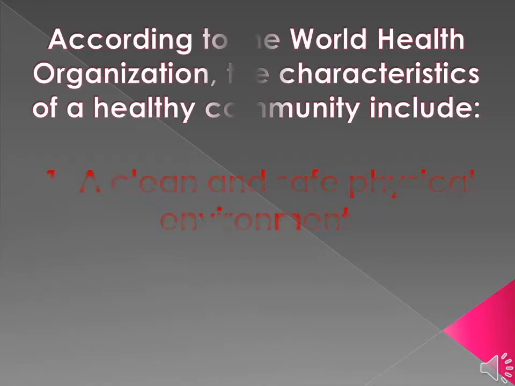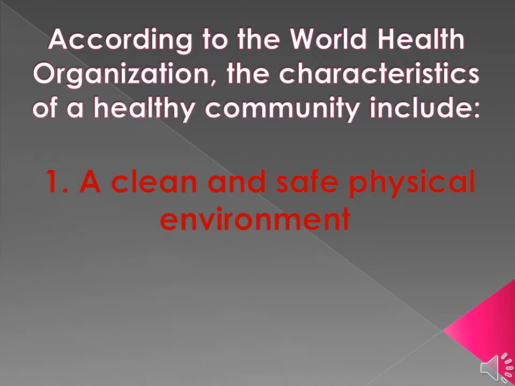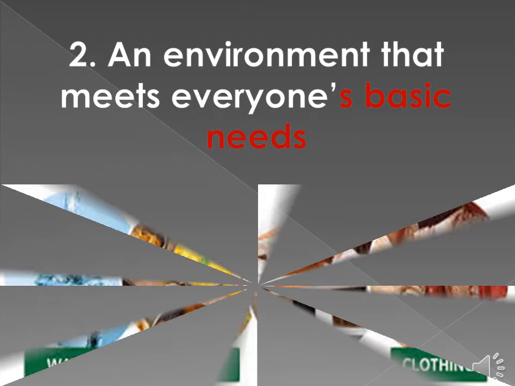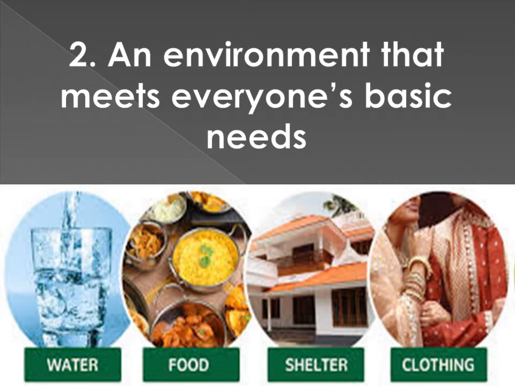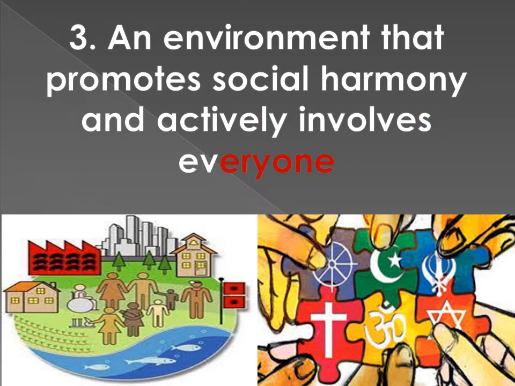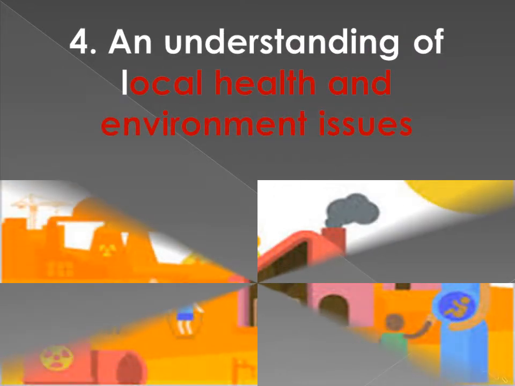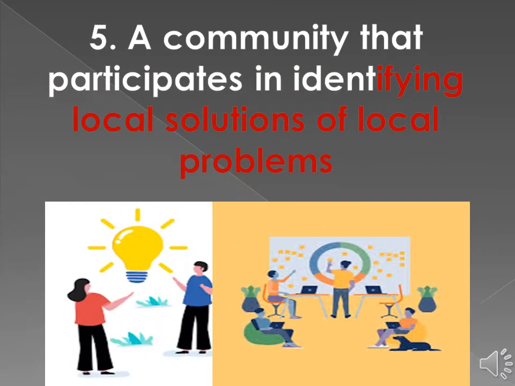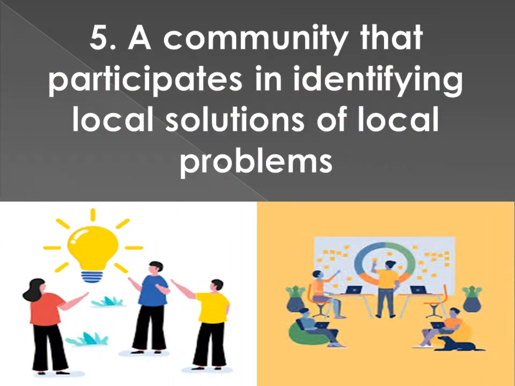According to the World Health Organization, the characteristics of a healthy community include a clean and safe physical environment, an environment that meets everyone's basic needs like water, food, shelter, and clothing, an environment that promotes social harmony and actively involves everyone, an understanding of local health and environment issues, a community that participates in identifying local solutions of local problems,